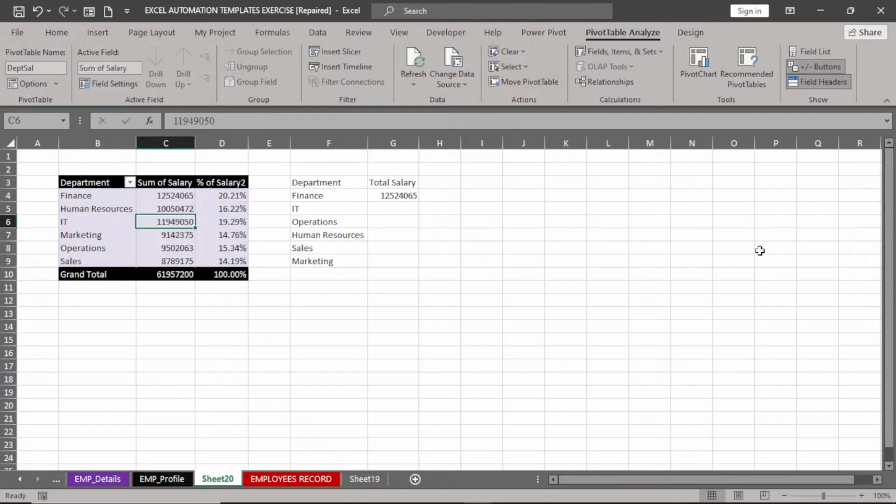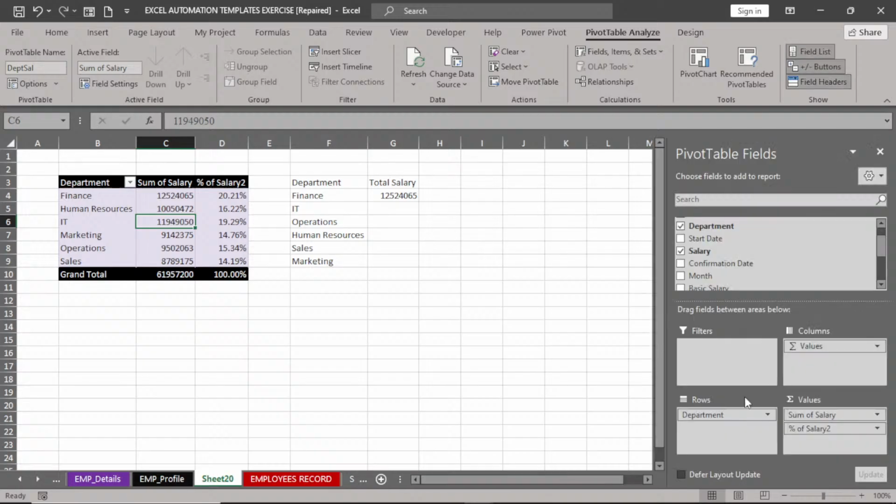However, if you witness such a challenge where the field panel is not showing, click on pivot table analyze and come here. You will see that this is not active. The buttons are active, field headers are active, but the field list panel